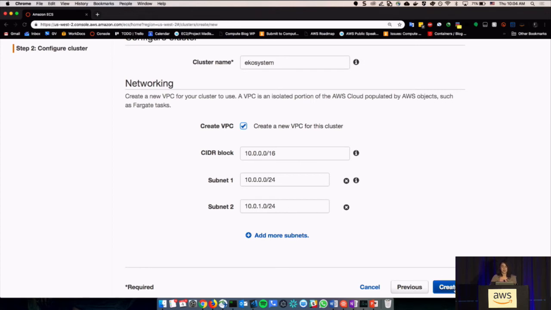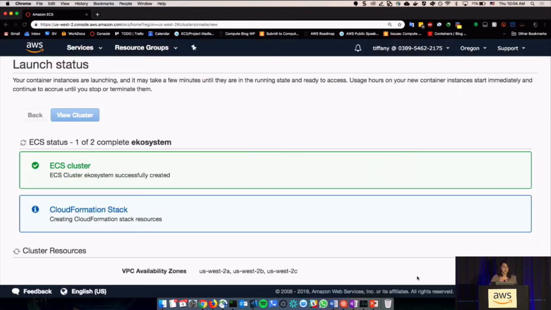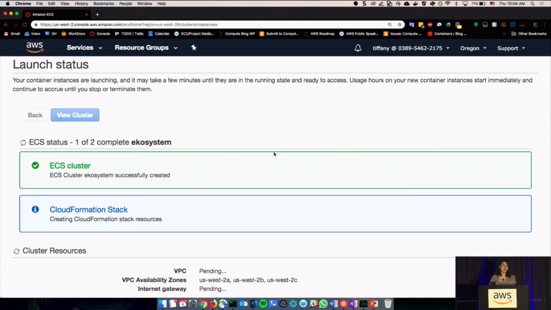If I just click Create, it creates the cluster, and it also creates a CloudFormation stack with what it does to create that cluster. So if you want to repeat the exact same thing, give it to someone else, or build on it, you can just go over to CloudFormation.